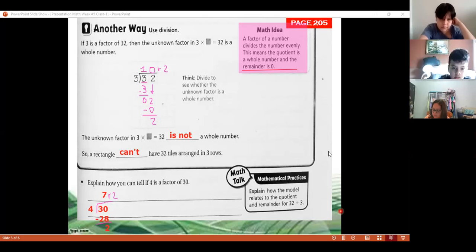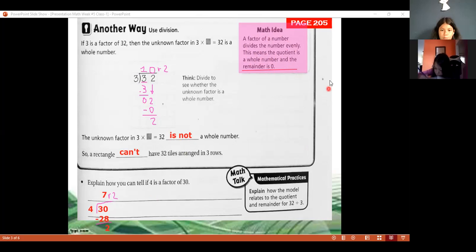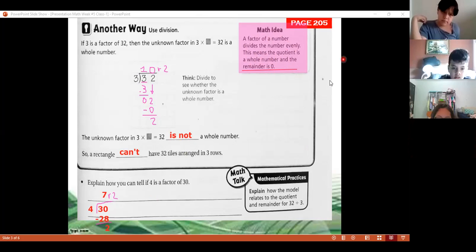Okay, Fernando says no, it's not a factor. Yes, it's not a factor because Joshua says no, it doesn't have remainder 0. Excellent, excellent. Now we analyze with the math idea and with the problem, so we identify that it's not a factor. Look here, class. Joshua said at the beginning, yes, it's a factor. But now, using the math idea, he analyzed that it's not a factor. Why not a factor? Look here, it says the quotient is a whole number and the remainder is 0, class.